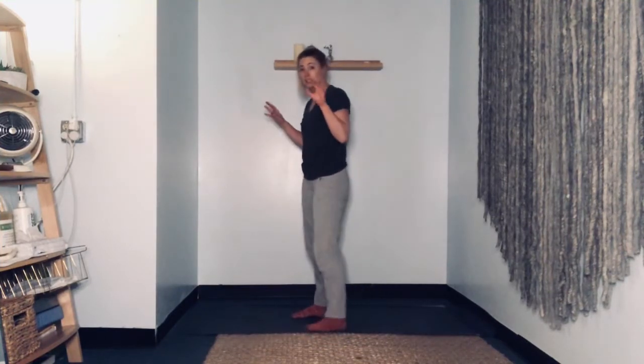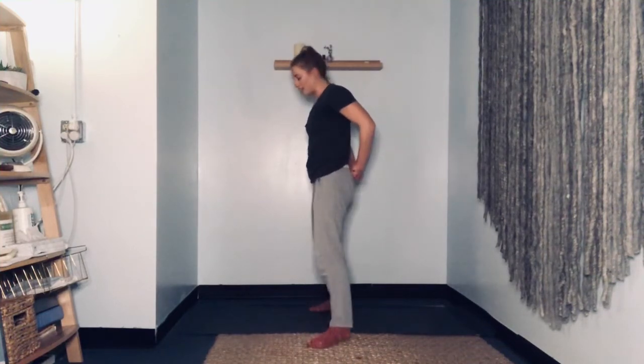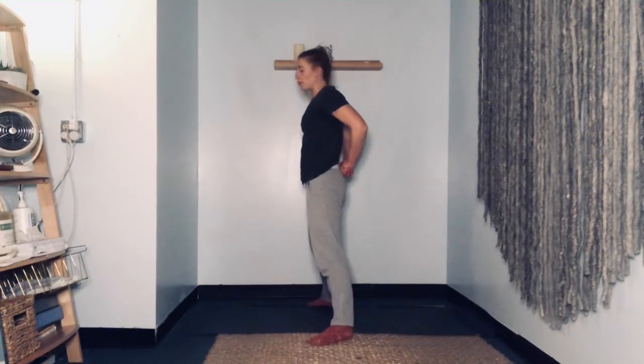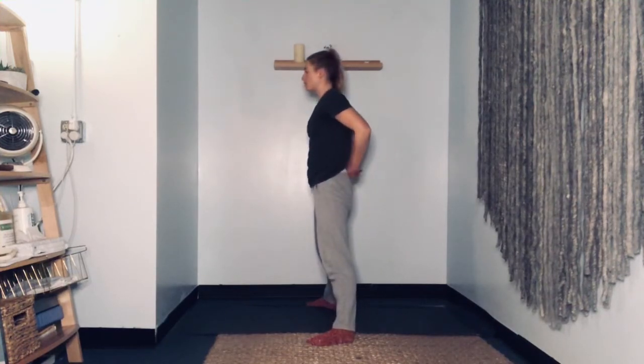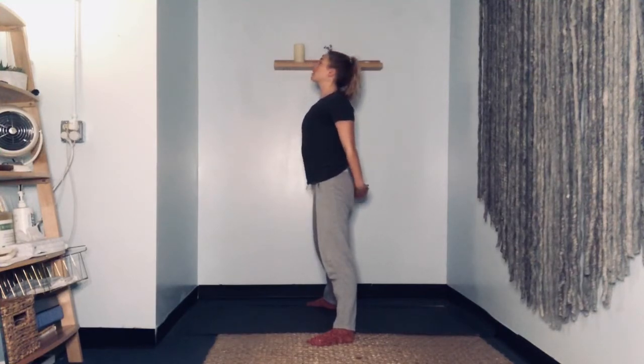So funky clasp. Grab the one that feels strange and weird. Let's take a nice wide stance for support. Bend the knees if you need to feel more stable. So shoulder blades press down the back, creating that space between shoulders and ears. Pressing the fist away from the tailbone, lifting up,